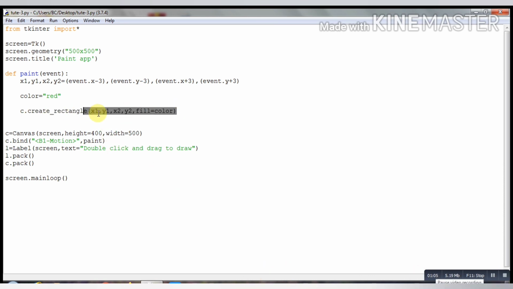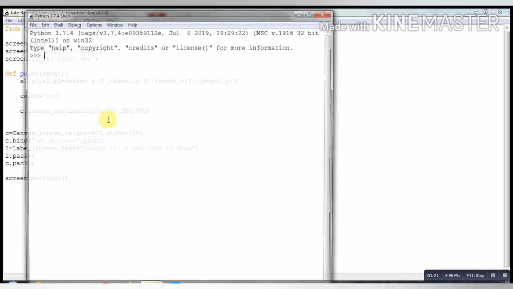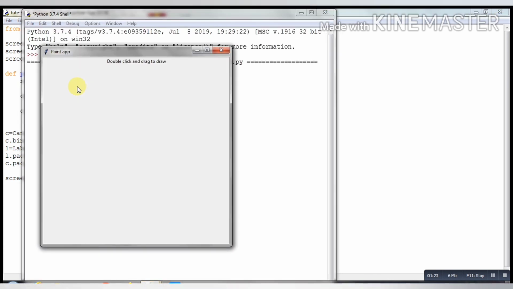Change the coordinates, let's give it 100, 200 and 200 and 300. Now let's run and see. As you can see, here is a rectangle.